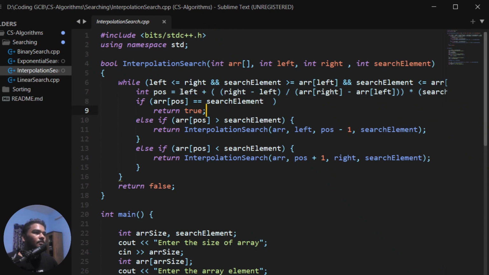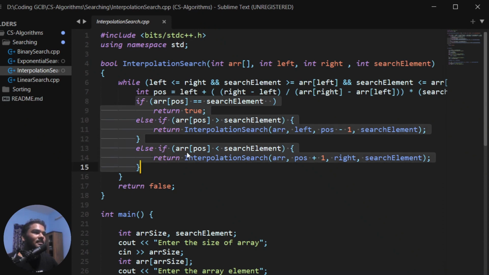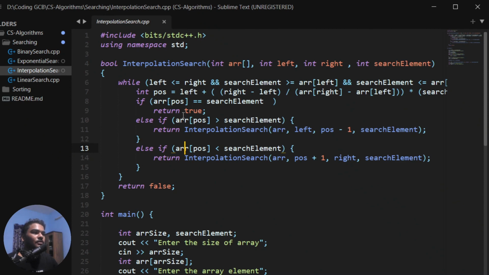Now that we have the position, we check through these 3 things, and whatever happens, we react accordingly. If we find the element, we return true. If the search element is lesser than the element at the position, that means our element is on the left side, because our array is sorted. So we need to bring the rightmost part towards the lesser side, which is why we pass position - 1 to right.